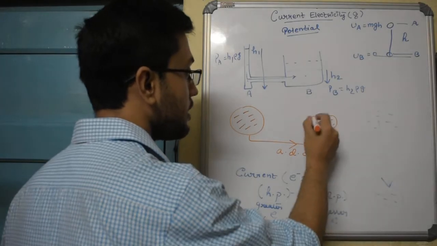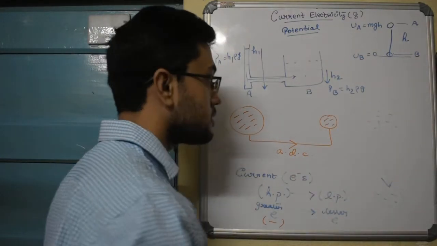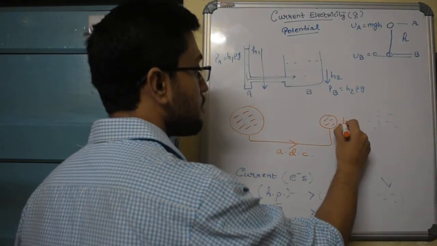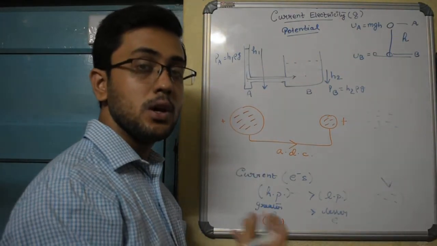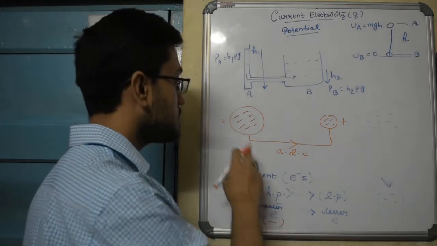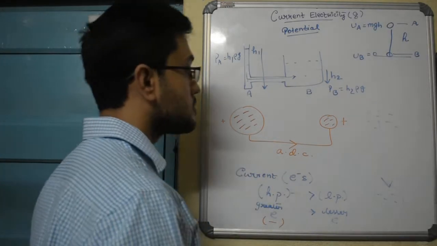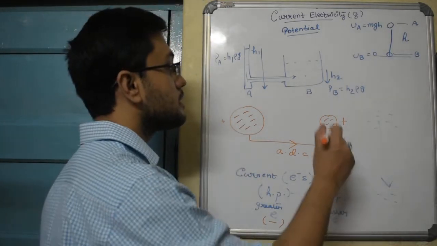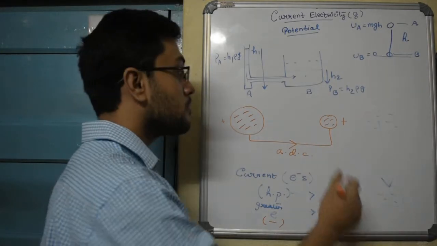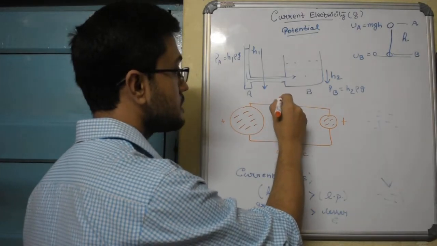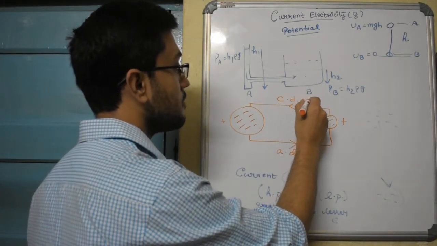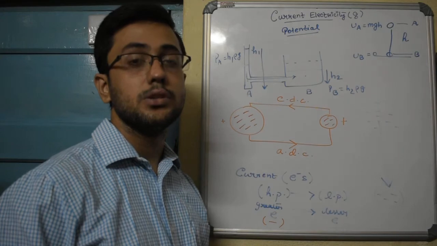And we know the area which has got a lesser number of electrons will therefore have a positive charge greater than the area which has got more electrons. More electrons means more negative charge, lesser positive charge. So the scientists said, let there be another direction of current, from the greater positive charge to the lower positive charge. This will be the CDC, which is the conventional direction of current.